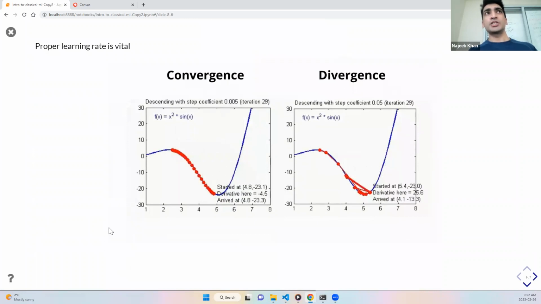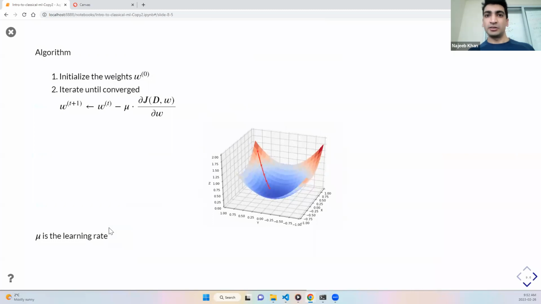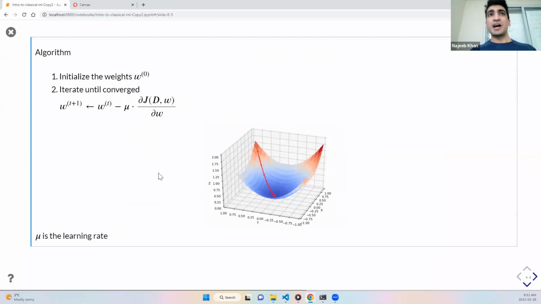Of course, when you do practical problems or actual model training, this step size, or how quickly you jump from one point to the next point, is very